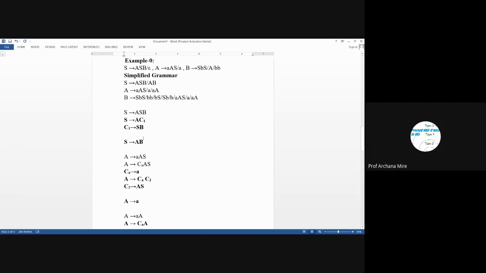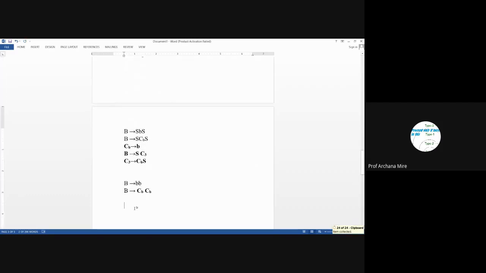Let's move back. Then the next production rule is B leads to SB. The length of the production is 2, but it is a combination of terminal and non-terminal symbol.